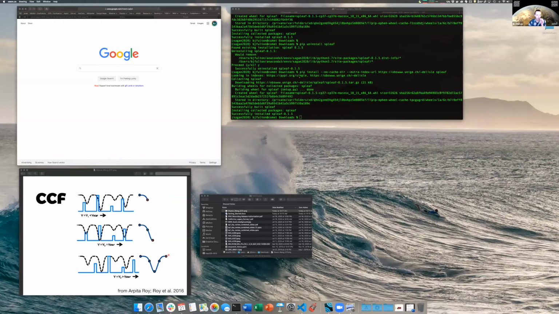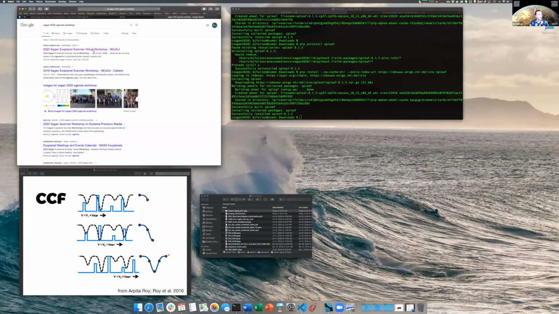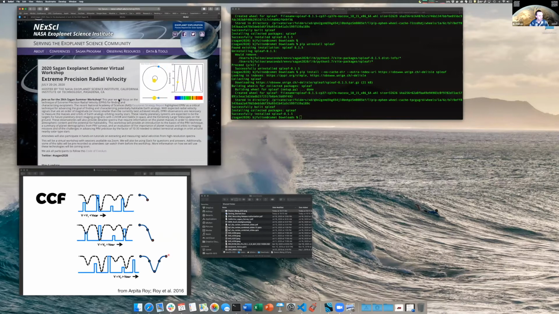Okay. So the first thing we need to do is go find that GitHub repo that contains the Jupyter notebooks. So let's go to the agenda, the Sagan Summer Workshop page. And then if you scroll down,